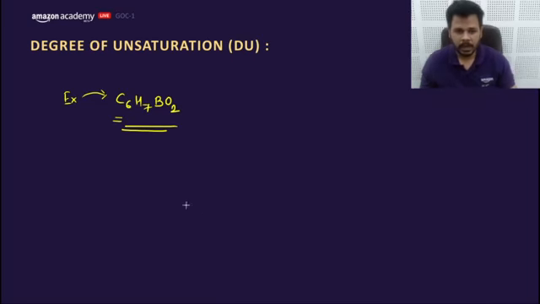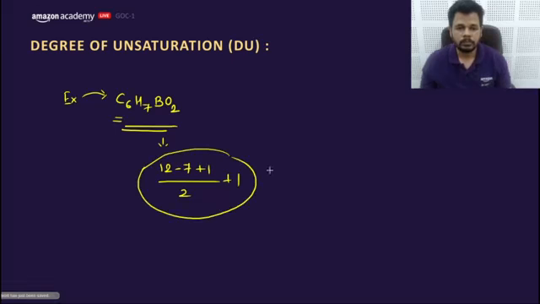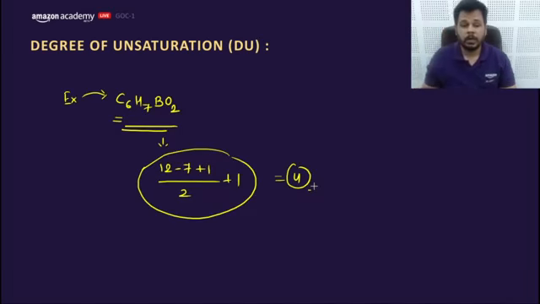4. Let's calculate it. PC says 4. Shriram says 4. Chirag 4. Yash 3. LL says 4. Shreyash says 4. Okay, let's calculate it. Carbon 12, minus 7, boron means plus 1, divided by 2 plus 1. The answer would be 4. So this is the best way to calculate